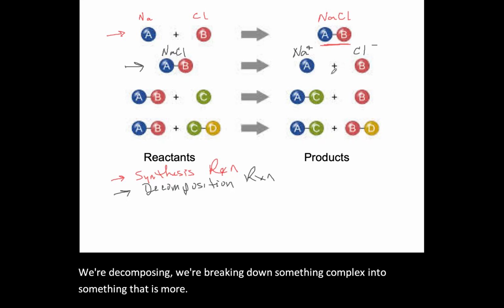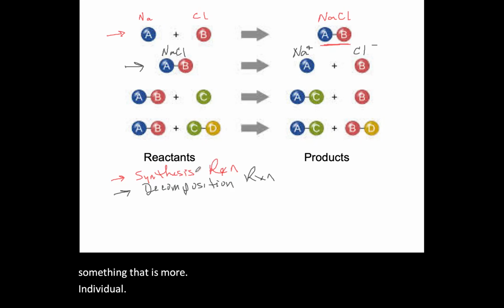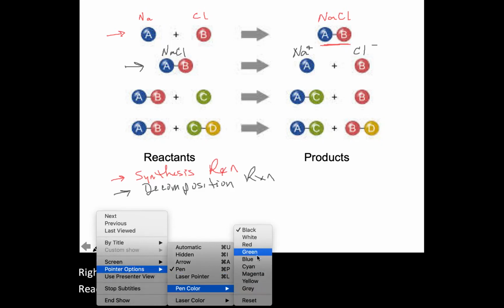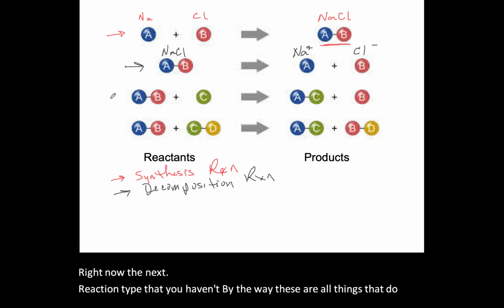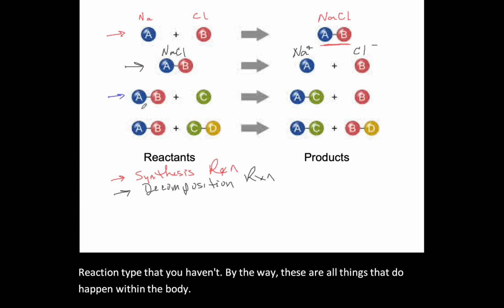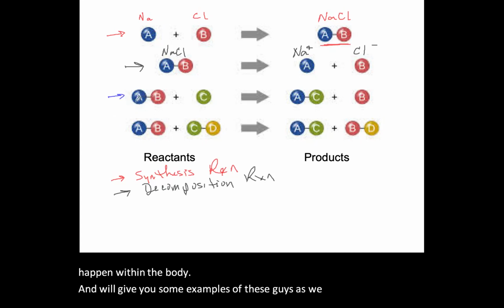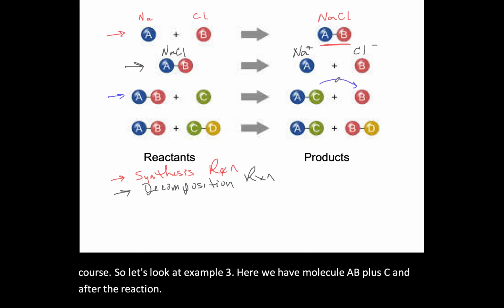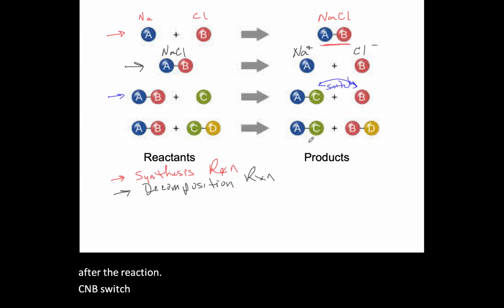All right. Now, the next reaction type that you have, and by the way, these are all things that do happen within the body. Right? And we'll give you some examples of these as we go through the course. So let's look at example 3. Here we have molecule AB plus C. And after the reaction, C and B switch. They switch places. Right? We refer to this type of reaction as a